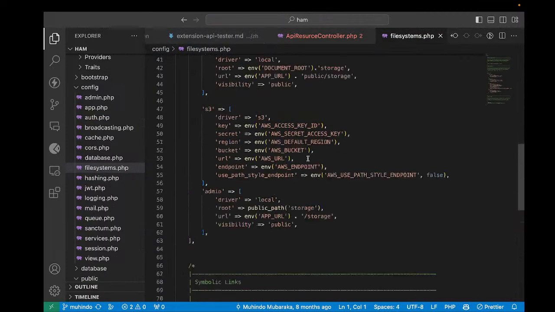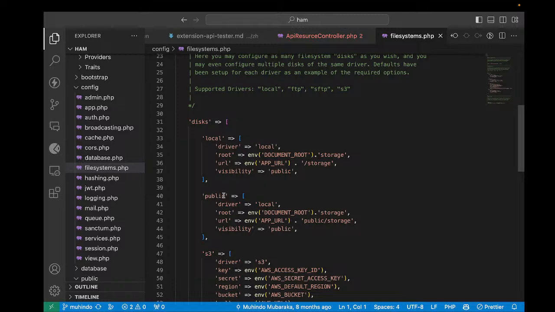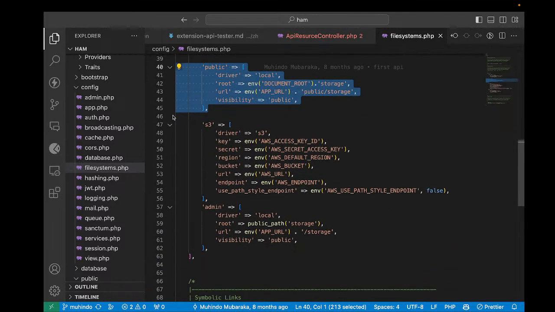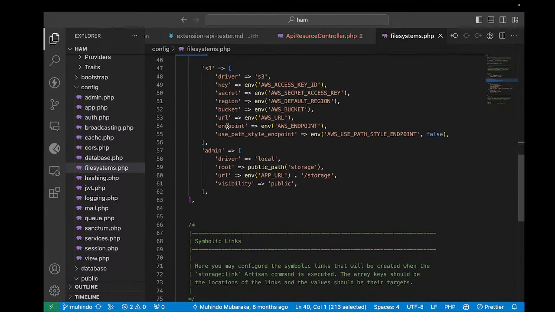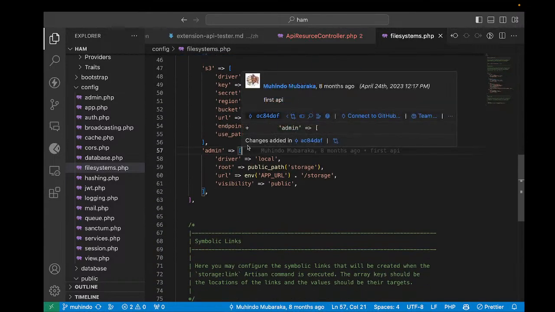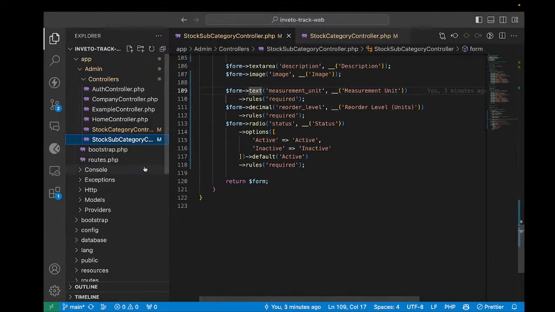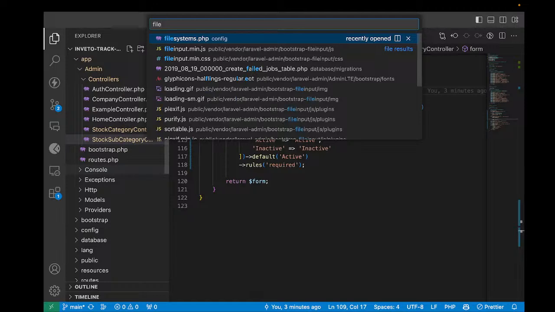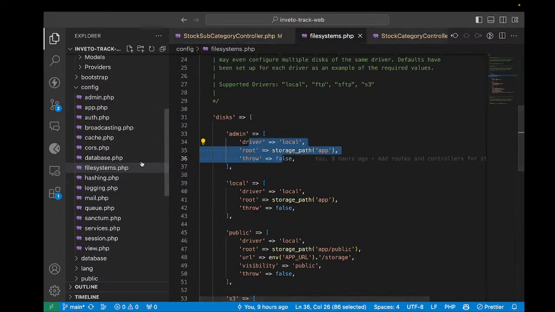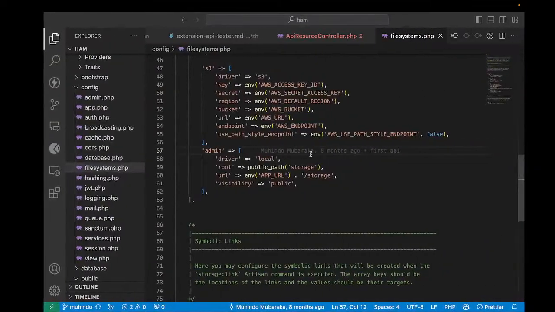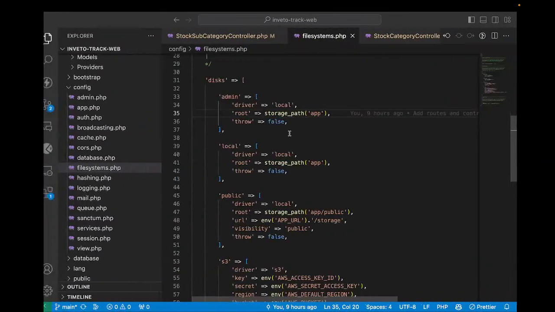So here in file system, we have a file system called public. So in the other side, I'm also going to create another. Okay, here we have file system called admin. Okay, so let's come here to our file system. It is under configuration here. So this admin, let us make sure that they are matching. So here the driver is local,